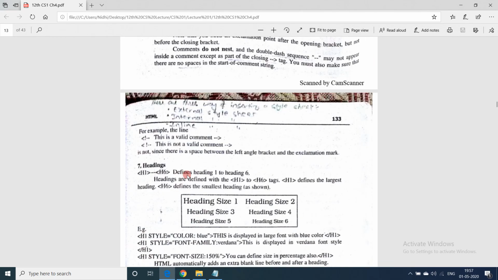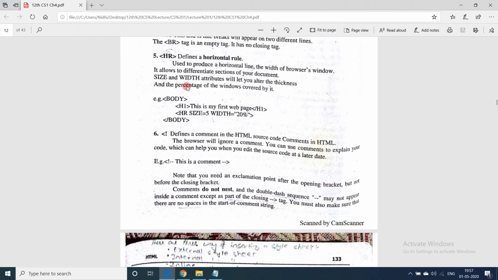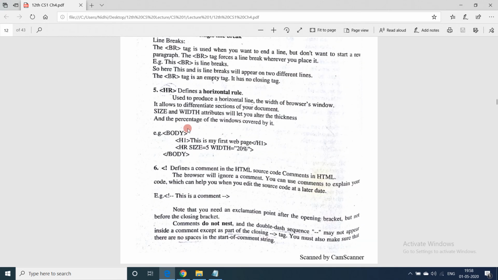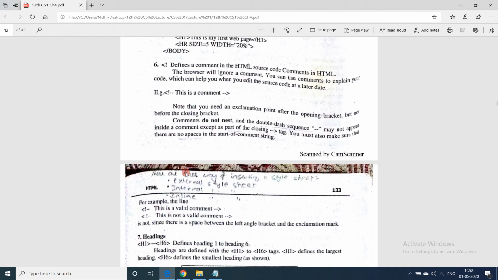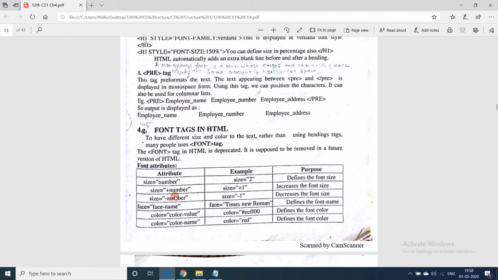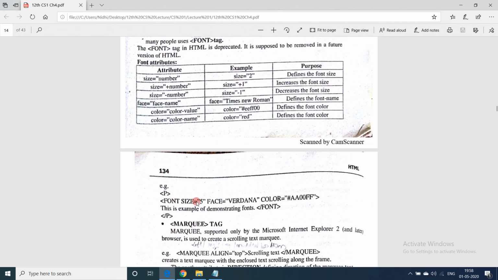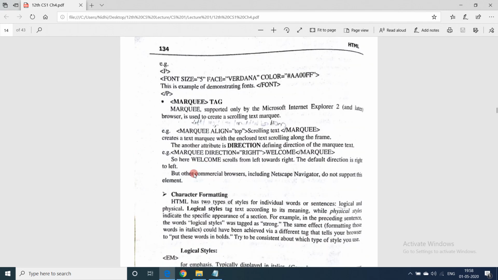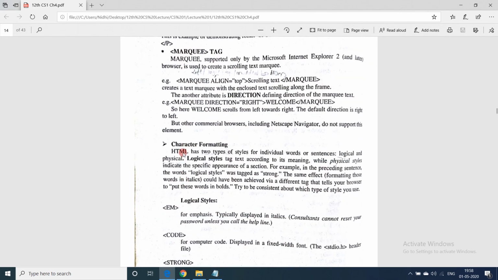Then we learned about the HR tag. Then we learned about comments. Headings fall under text block elements. Pre tag falls under text block elements. We learned about font tags, the attributes of the font tag, marquee tag, and then we learned character formatting,